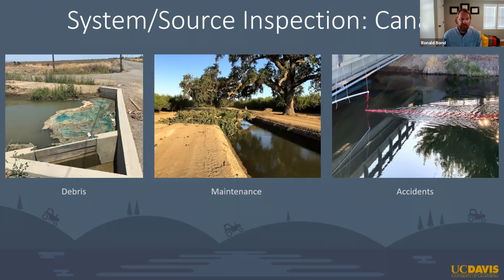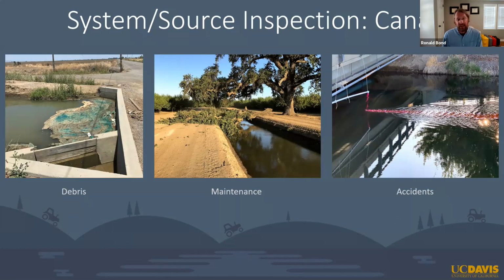So if you're the grower there, and this was a turnout here, you're going to want to do something about that, or at least call the irrigation district and have them do it. They will be happy to come out there and help you out. On most of the irrigation district websites, if they have one, especially with canals, they have maintenance records,